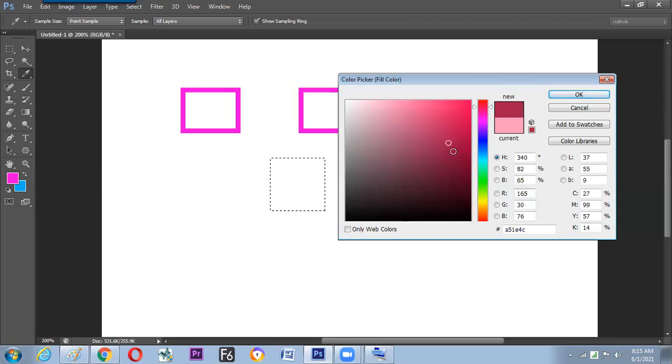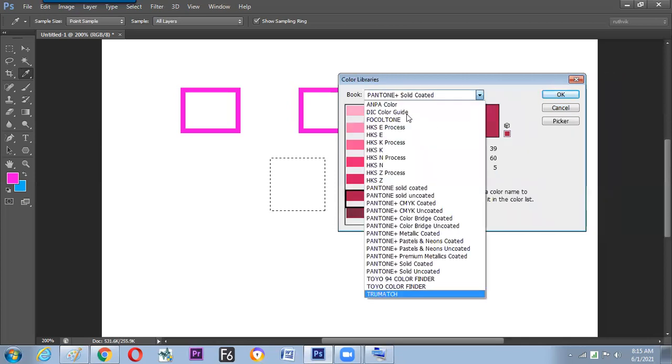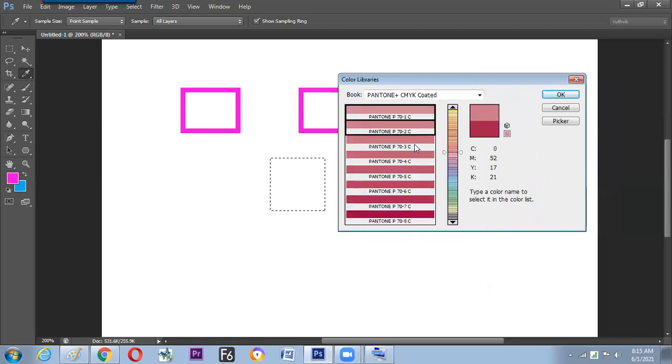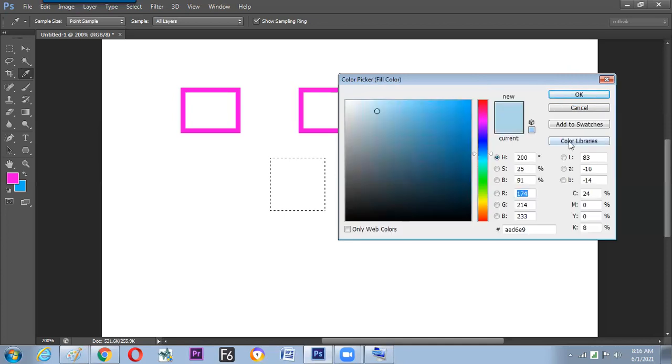Then how to know this gamut warning and non-gamut warning? Here a color library is there. Pantone, these are international standard colors. You can switch to the CMYK coated and all things. So most likely you'll find non-gamut warning colors here, which are printable, international printable colors. So what we have seen here is how to choose the right color, which is not going to affect the print much, then we can switch to the library rather than the picker.